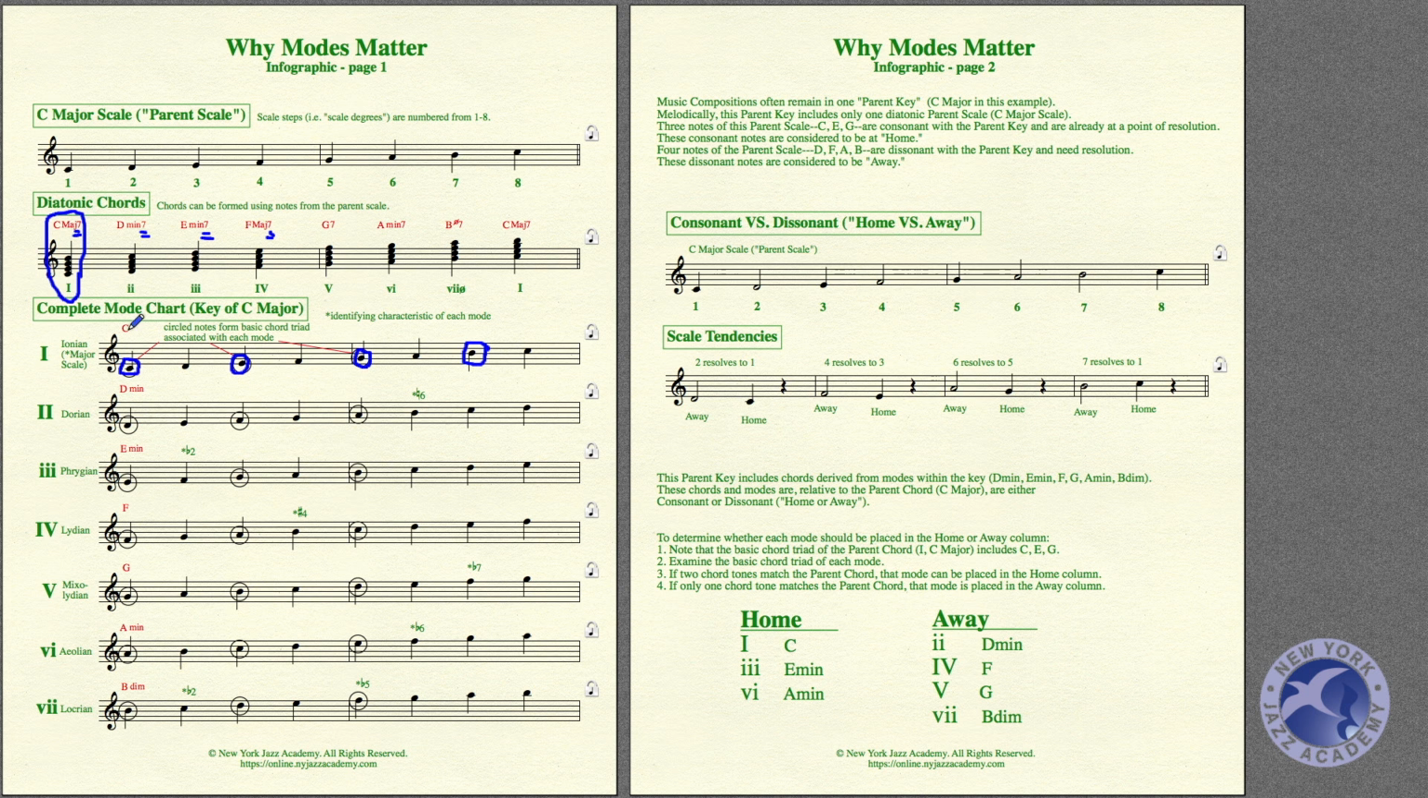But at the same time, you don't need that 7th to define the chord. So coming back to D minor, D, F, A defines that mode just fine. It sounds complete. And above that we can run